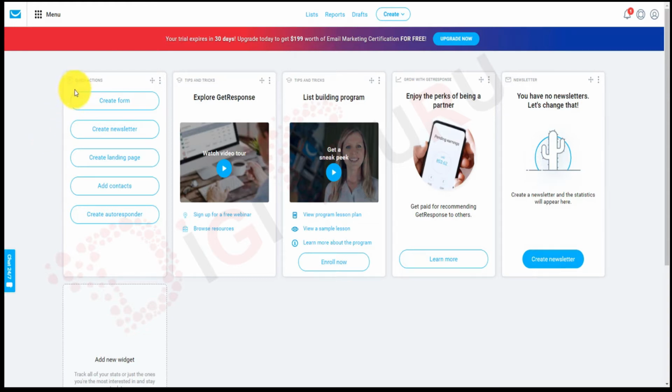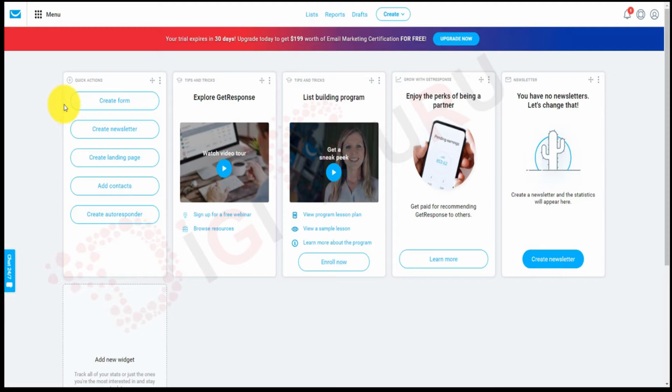So in order to capture the details of the customers who want to subscribe to your platform or to your newsletter, there is a form present in the website. With the help of this form section, we can build very beautiful and elegant forms with the help of GetResponse that we can very easily use in the website, from where a user can provide their credentials